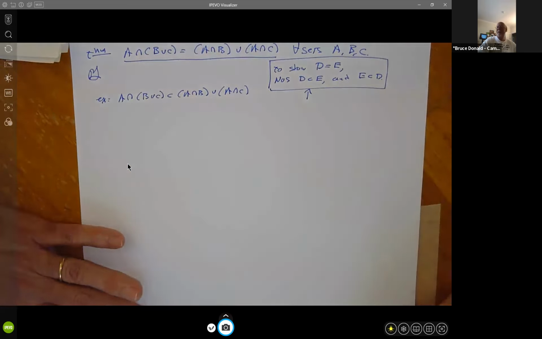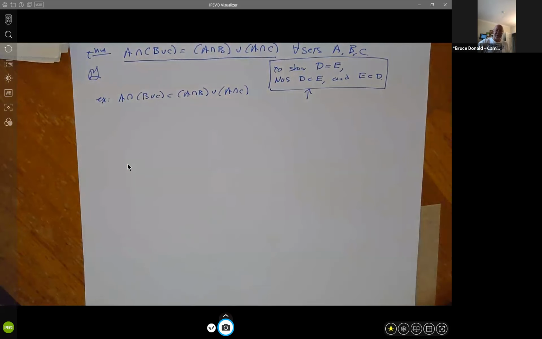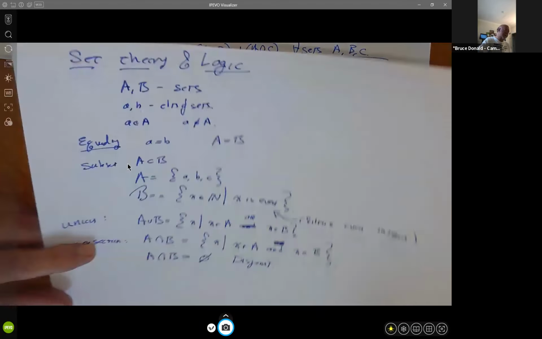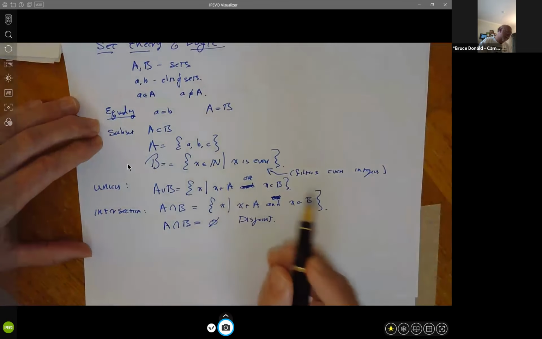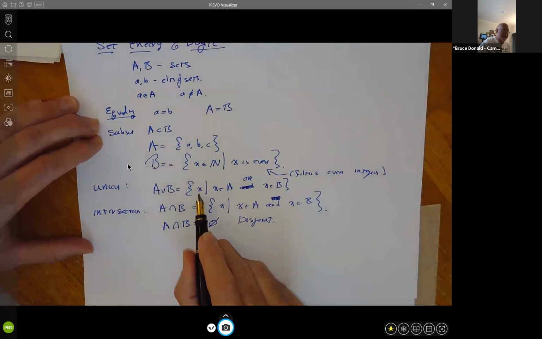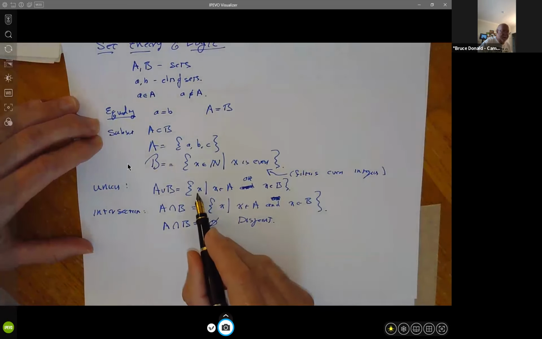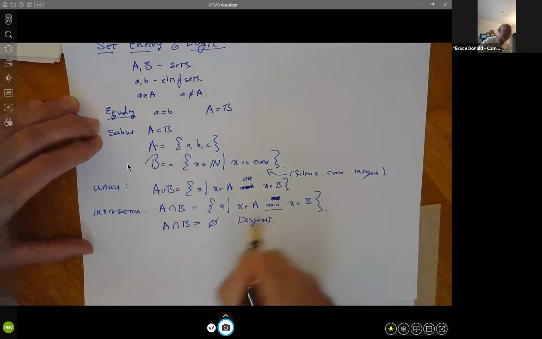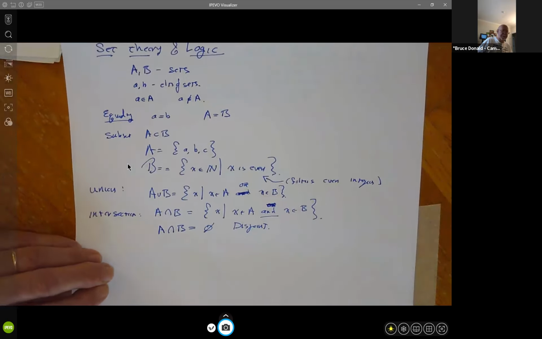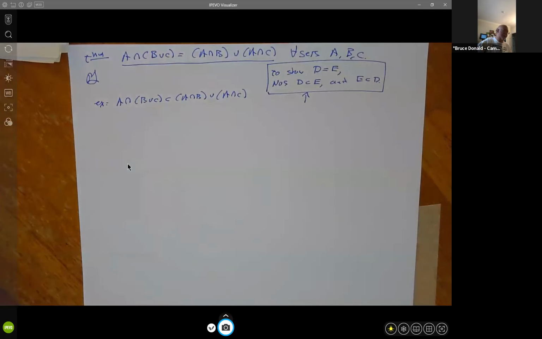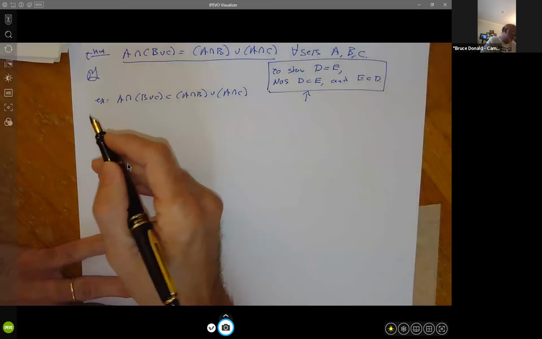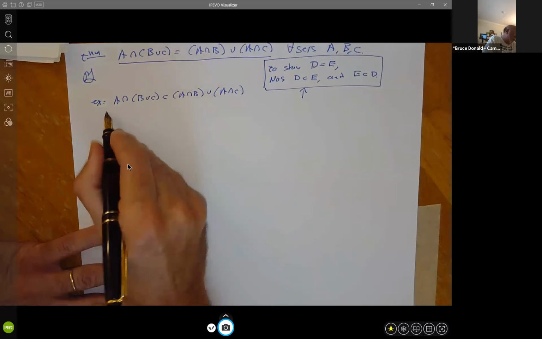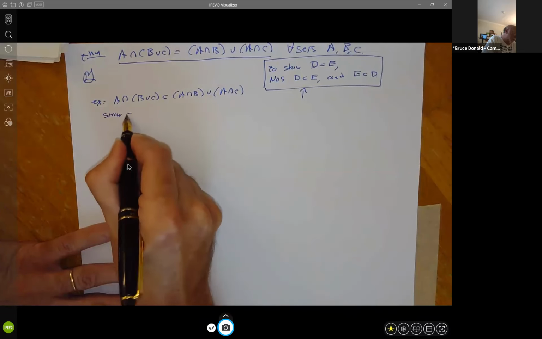What I'm going to do here is go back to my definitions of sets. I don't have set difference here, but I have other things like set union and so forth. So we're going to go back to our definitions of intersections and unions and use these. Remember, union is all elements such that X is in A or X is in B. Intersection is all elements such that X is in A and X is in B. I'm just going to use these definitions to unravel what's going on here and then use a little bit of logic. This isn't hard, but there's a little bit of bookkeeping. All right, so show, using